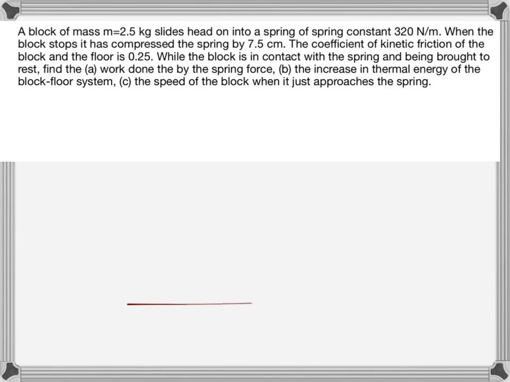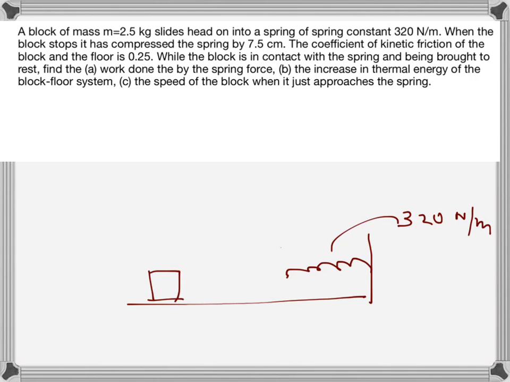Okay, so the problem says that there is a spring here with a spring constant of 320 Newton per meter, and then a block here that slides onto the spring, and it compresses the spring by 7.5 centimeter, and the coefficient of kinetic friction between the block and the floor is 0.25. So mu kinetic is 0.25, the block and the floor here, so the block goes in that direction, and while the block is in contact with the spring,